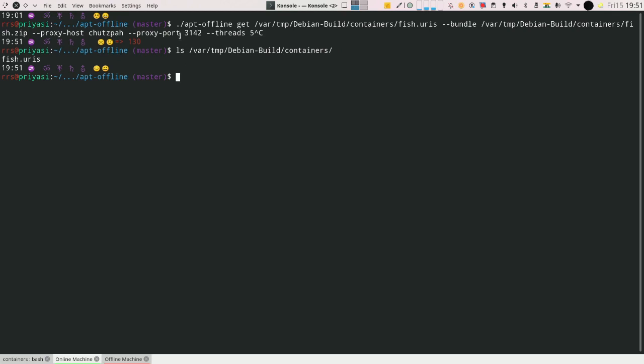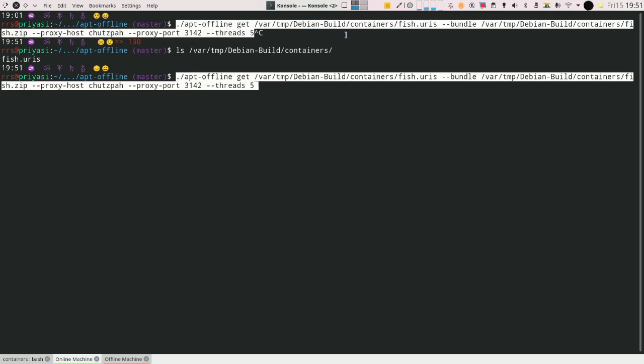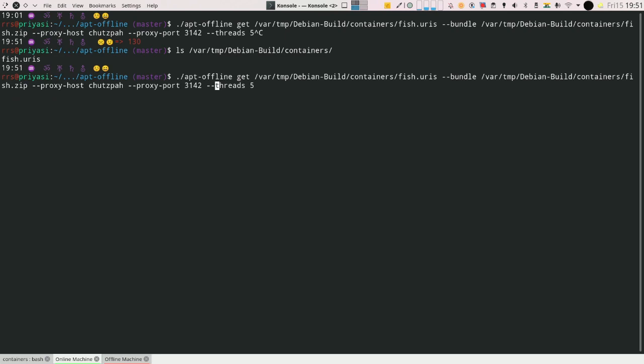And now we will simply try to run this command. I will just run you through what this command is supposed to do. Basically, with apt offline, we are using the get operation to get data from the signature file fish.uris. For simplicity, I have asked it to bundle it into a file called fish.zip.